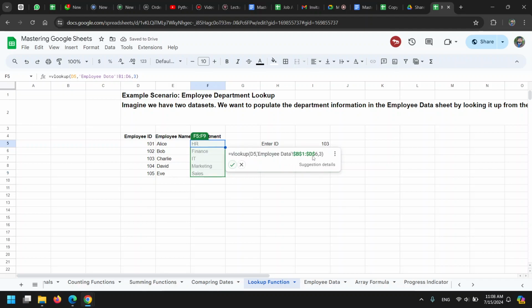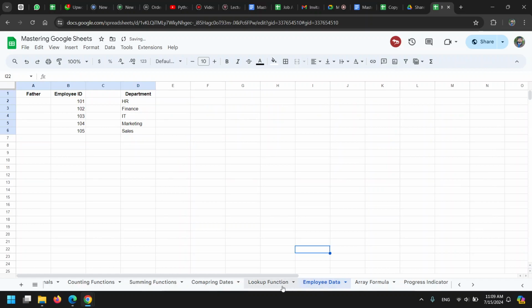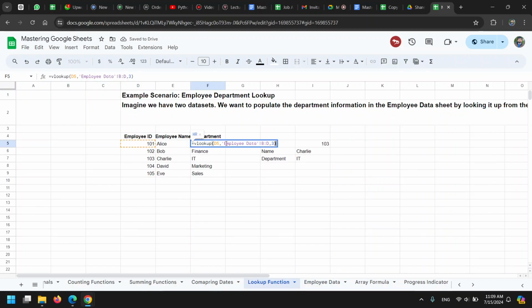And we need to make sure that the formulas are not changing. So one way of doing this is, since we have no other data on the sheet and all of the rows have the same kind of data, we can select the entire column. So B to D. When I move here with this formula,